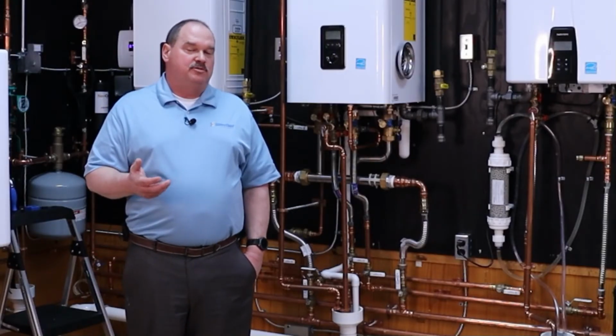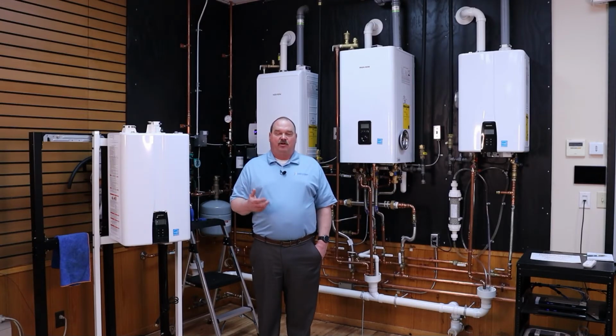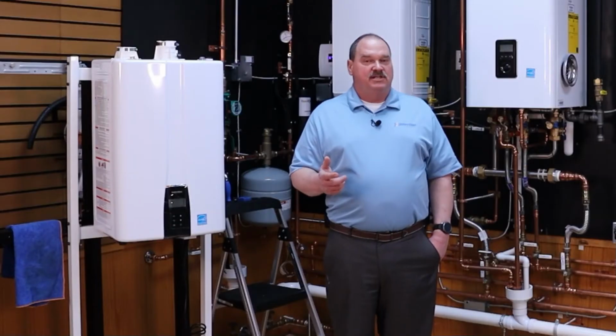So do you need storage with a Navien tankless water heater system? No, the piping in your building is your storage. If you do the math on the footage of pipe and the amount of water in that pipe, you'll find that most of these commercial buildings hold hundreds of gallons of water in the piping system themselves. Storage is not necessary, but may be desired depending on the